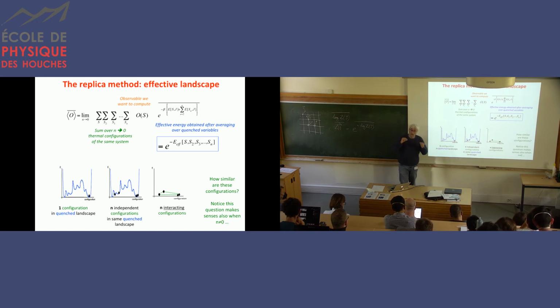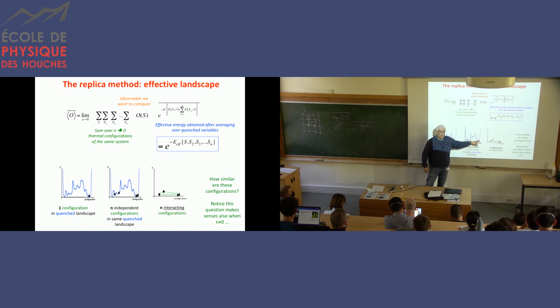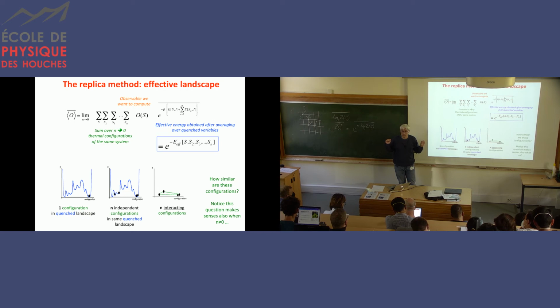So what that means is that if, for instance, you have a big, very low global minimum here, by just throwing them randomly and thermalizing, you have a chance that a lot of your n replicas will end up more or less in the same place, right? Just because it's a very good place in the landscape. And maybe the others will go to slightly higher local minima, but you will find none of them here, right? Because it's very bad, very low probability. Okay, now once you have done that, average over the disorder.